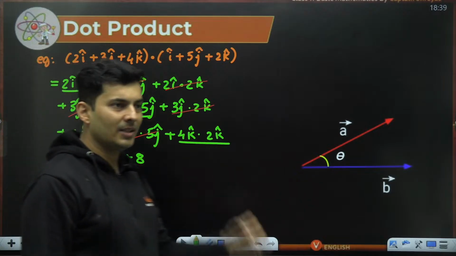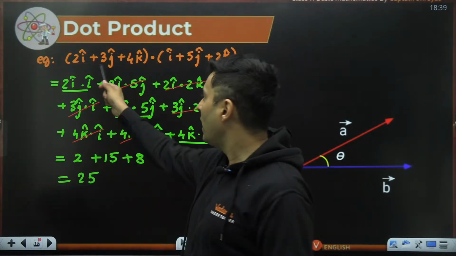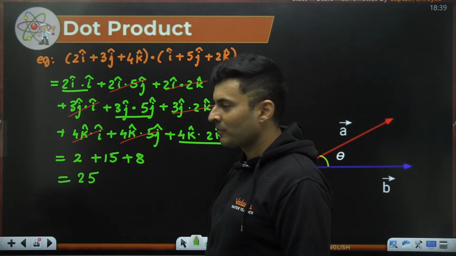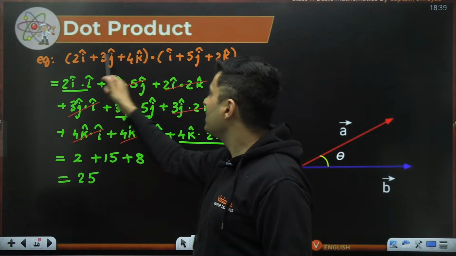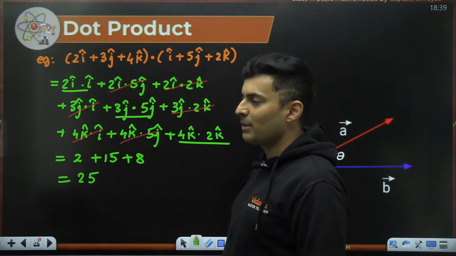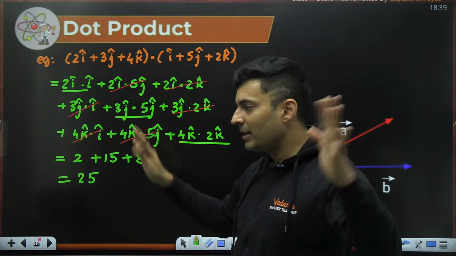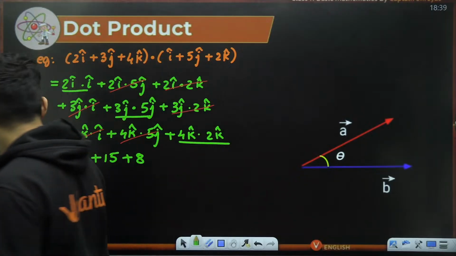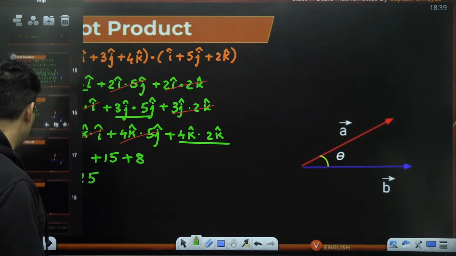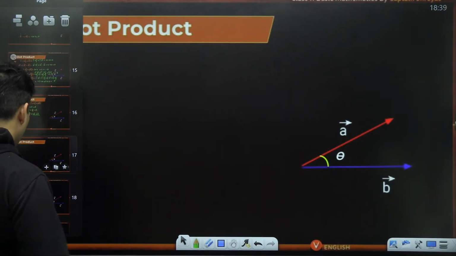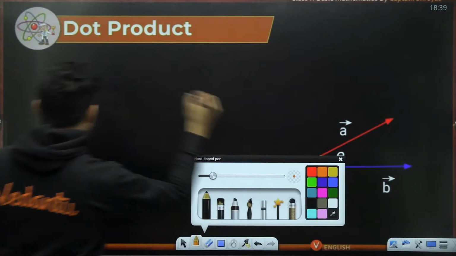What is that interesting thing that you saw? Whenever you have a big term like this, i will multiply with i, j will multiply with j, k will multiply with k. Anything else will be 0. Correct. So if tomorrow you are getting a question like this, listen,